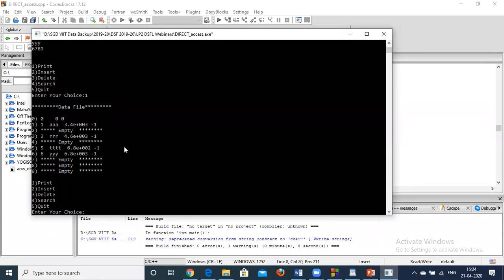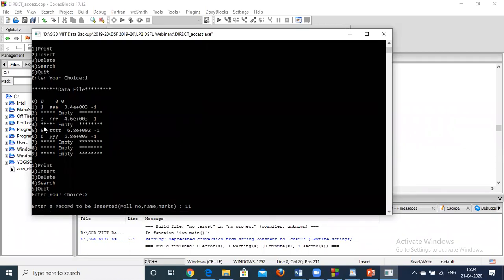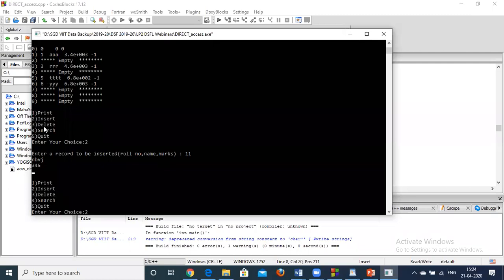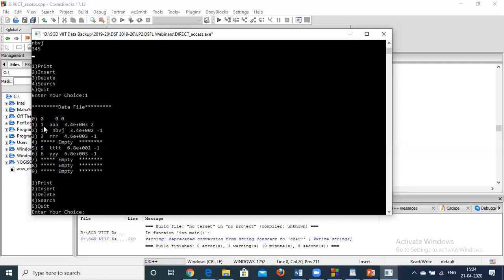Then we will insert one more record with hash value 1. So 11 is inserted and we will display that record. 11 is inserted at this position and the chain value of this one is modified to 2.